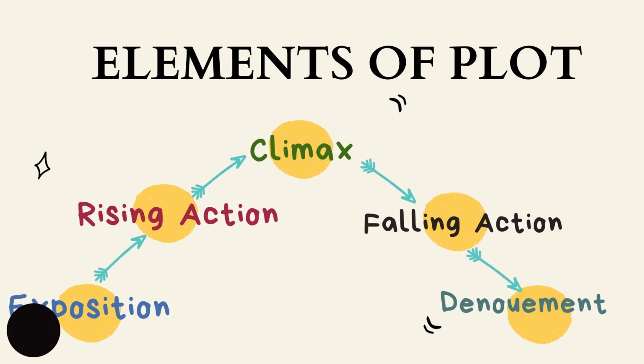So going up, we have the rising action. These are the important events that lead to the climax. So before we get into the climax, there must be specific events that will be suspenseful as we reach the climax. So when we reach the climax, since nandito siya sa taas, nandito siya sa pinaka-peak, this is where the most exciting part of the story occurs. Okay, and then going down, we have the falling action. This is where the conflict is being resolved. And then going down to the denouement or resolution, this is how the story ended.